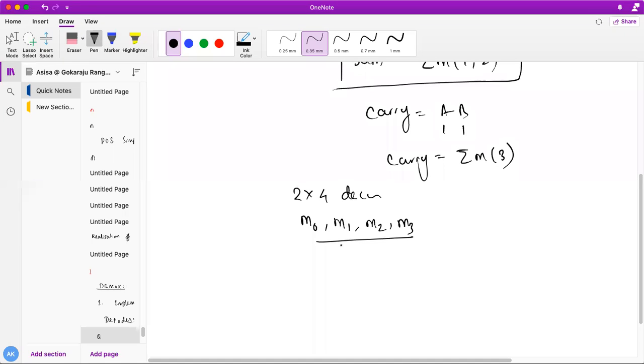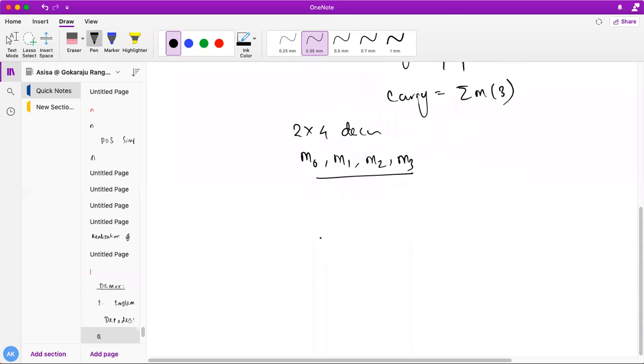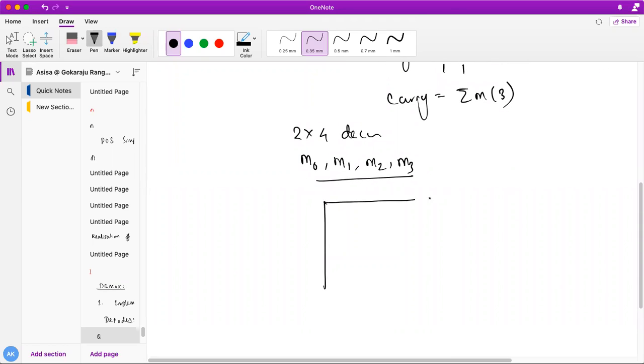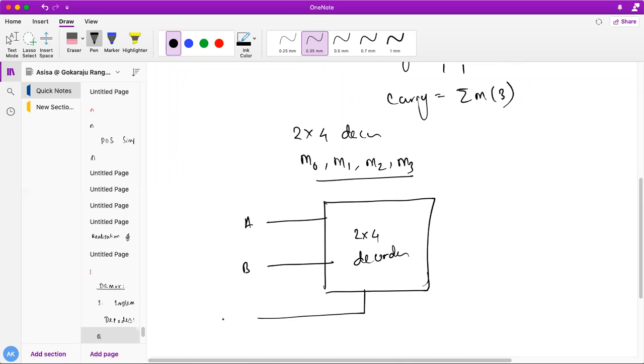As we know that a 2 cross 4 decoder will generate M0, M1, M2, M3. Now the question is, how are they generating M0, M1, M2, M3? We have seen already, students. If it is a 2 cross 4 decoder, with inputs A and B, this is my select line E. Let's say it's active high, in order to activate the decoder, nothing else. Now my outputs will be 1, 2, 3, and 4, which are my Y0, Y1, Y2, Y3. So this is my A bar B bar. Am I correct, students? This is my A bar B. This is my A B bar. This is my A B.